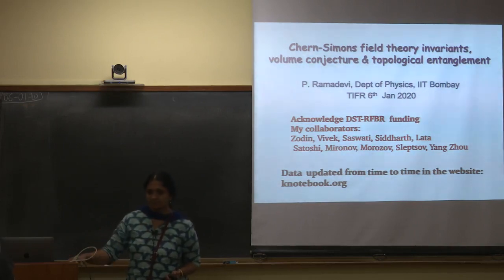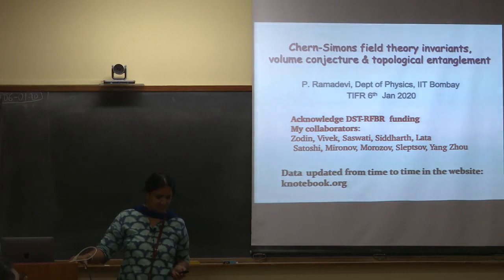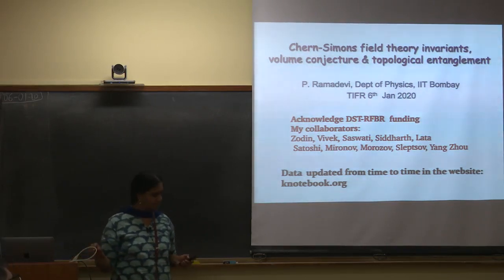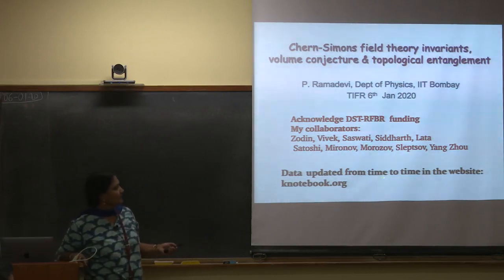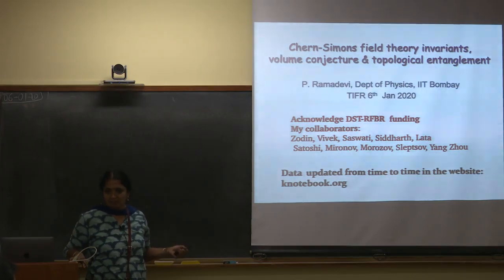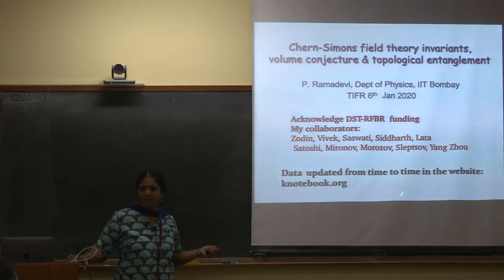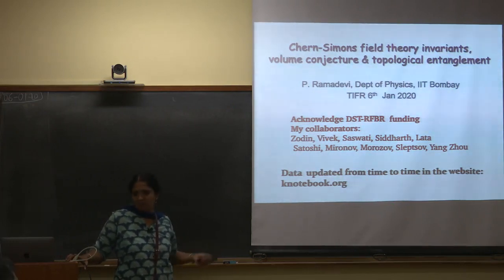What about the growth in degeneracy of knots with crossing? There are open problems which knot theorists are trying to look into, but it is not certain. All I am saying is that the table is available and I can work with that table. That is why I am saying that on the knotebook.org website, we keep periodically updating whatever knots we can. It is not that we can find the polynomial form for an arbitrary representation put on the knots, but we do it from time to time, and whatever we do, we update it.